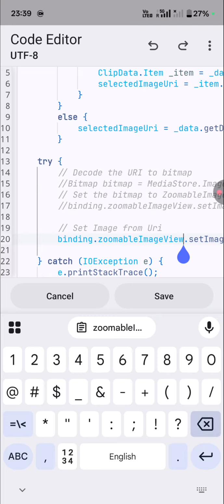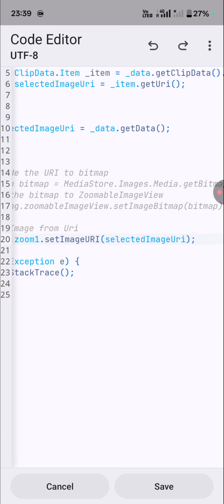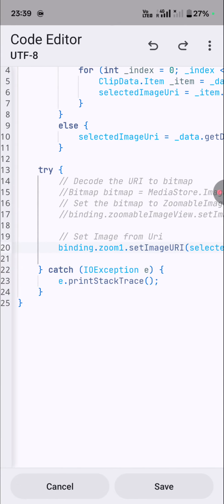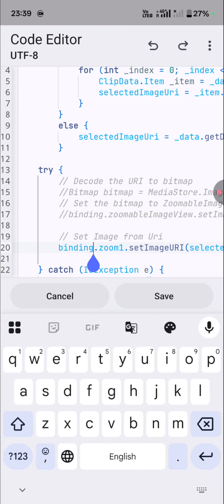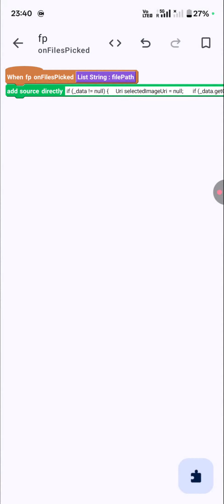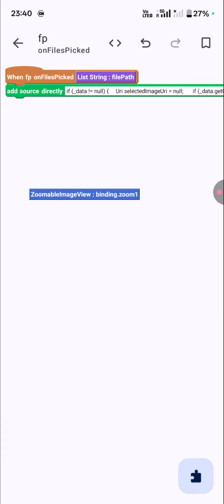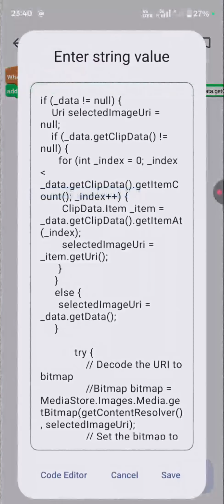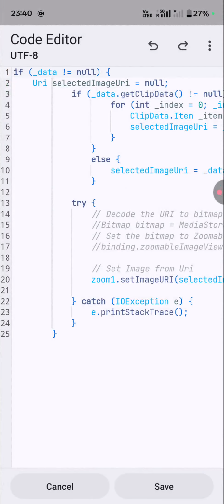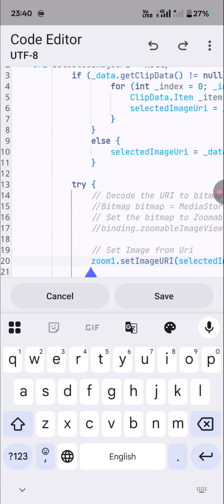Here the name of our image view is zoom1. Zoom1.setImageURI, selected image URI. Okay, I will just remove this binding. I will show you why I have added this binding. Here you can see in variables the name of this zoomable image is binding.zoom1. Okay, so that's why here I have to write